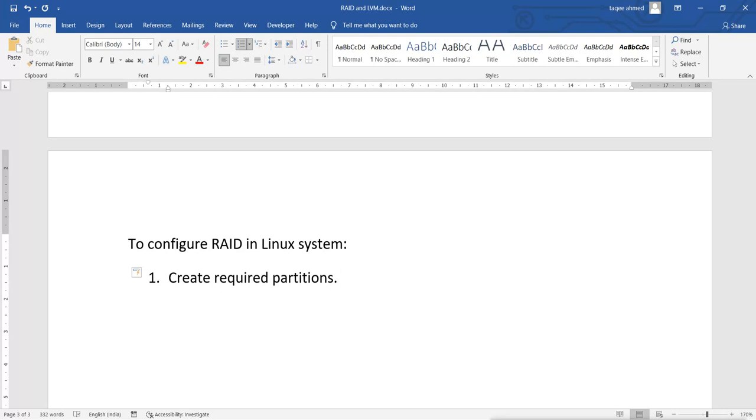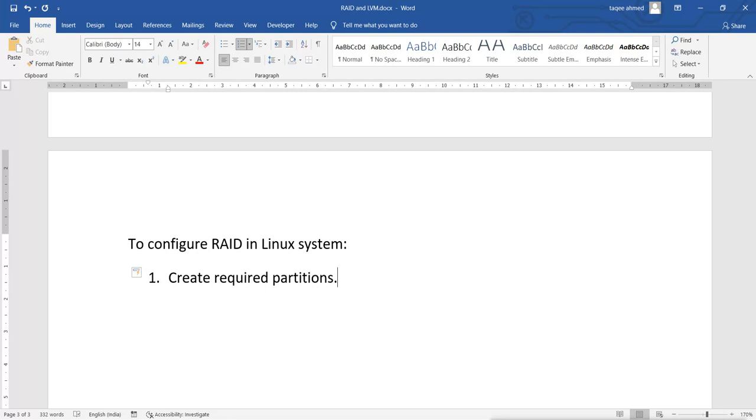Now when I say partitions, that means what? If you are having different disks, remember configuring the RAID in a single disk is no use. If you're configuring the RAID in a single disk, that means you're not doing anything. Why are you doing it? Because you're doing it for the redundancy, and you cannot do it in one disk. If you configure it in a single disk, what happens? You will lose all the data. When you lose the disk, you will lose all the data. So you will configure it in multiple different disks. That means you connect 2 disks, 4 disks, 3 disks, and then you combine those disks and create the RAID.